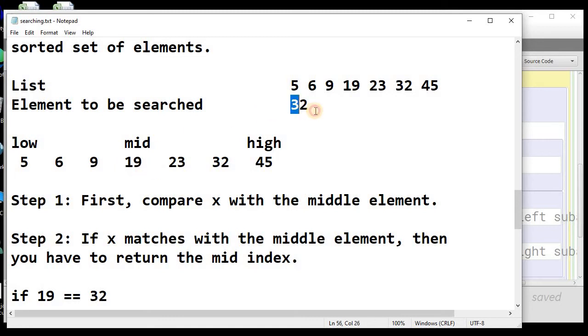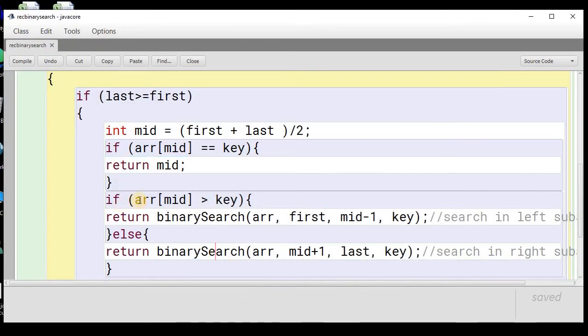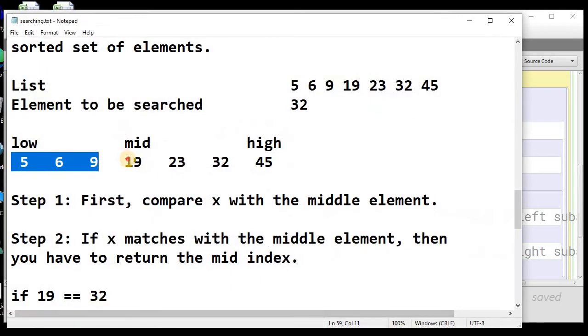If the element is greater than this mid element, then we break the list into the right one. And the third case, if the element is smaller, then we break the list into the left list. So let's do it. So here is the second condition. If the mid element is greater